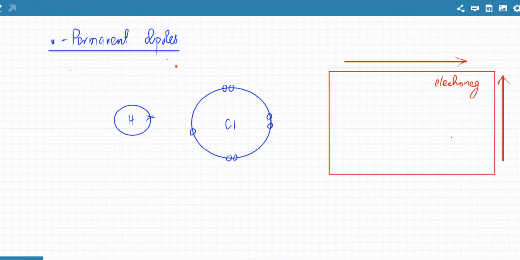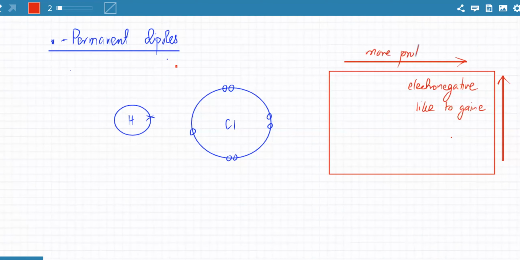The atoms become more and more electronegative, right? That is basically, they like to gain electrons. In simple words, they have this tendency to gain electrons, and the reason for that is that when you move to the right, you have more protons. There's more positive charge in the nucleus, so obviously you're going to try and gain